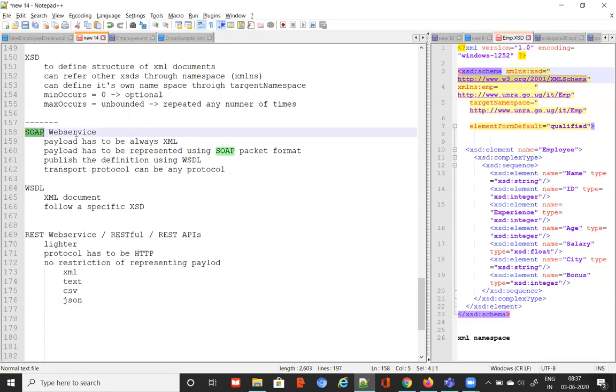So web services were never treated as heavyweight. Even 15 years back when our resources were not so ample, still people were happy with that. But what happened in the last 5 years is we had a lot of mobile applications, correct? The mobile application running on the mobile is a very lightweight application, and your resources are very, very limited in case of mobile.